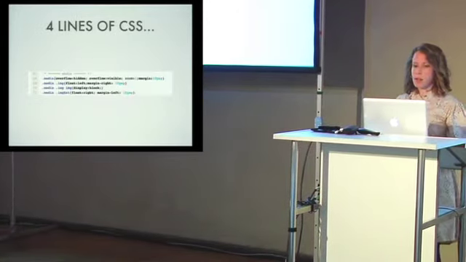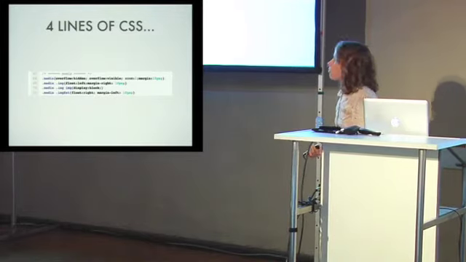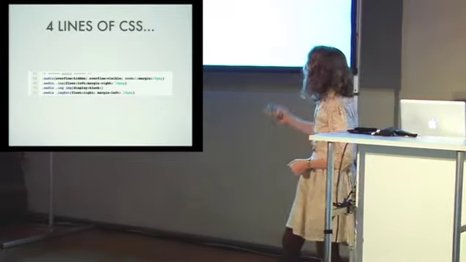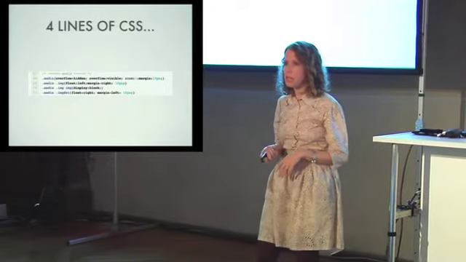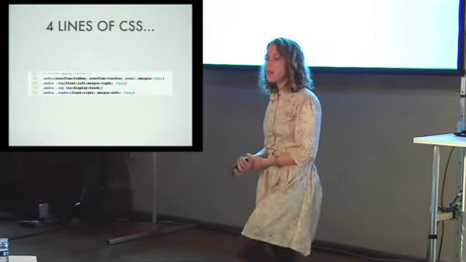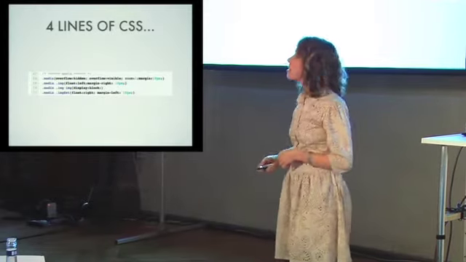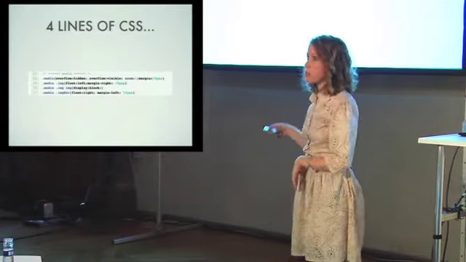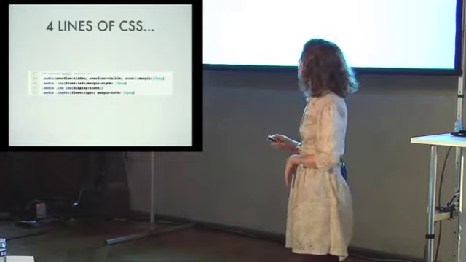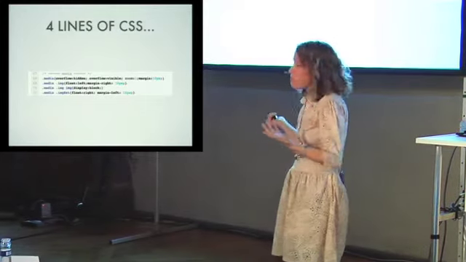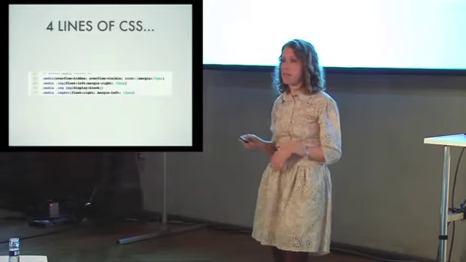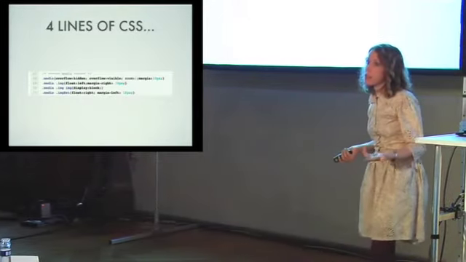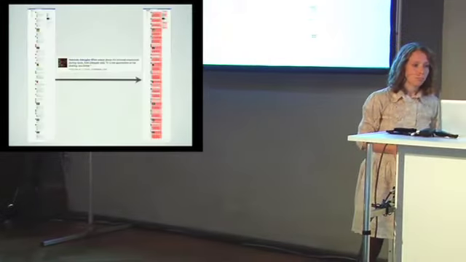The CSS is also really simple. We basically have a new formatting context, which is the overflow hidden, overflow visible, zoom 1. There are a few different ways you can get a new formatting context, and the more application-like your site is, you will want to use a different one than this, but this works well for just plain websites. And then it's pretty simple, a few floats and some margins and paddings to make everything line up nicely, and we're done. It's a really simple object.